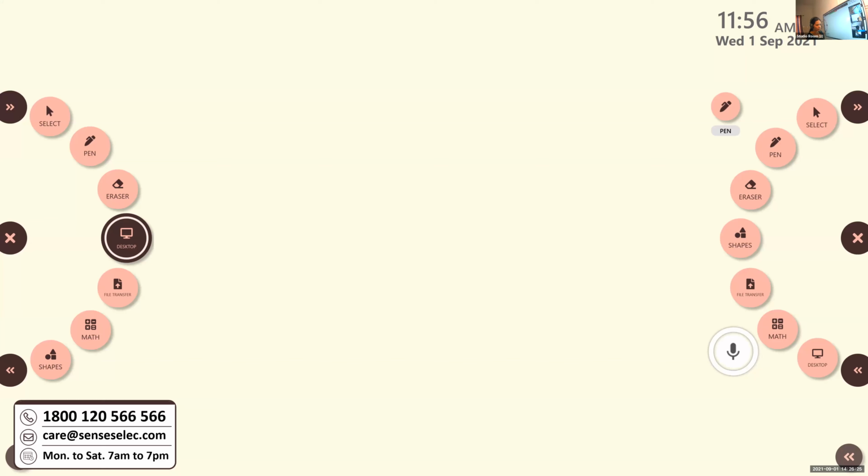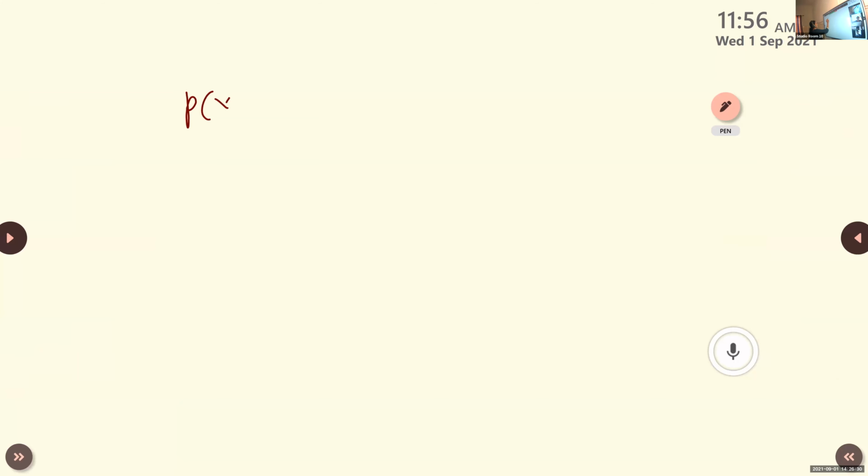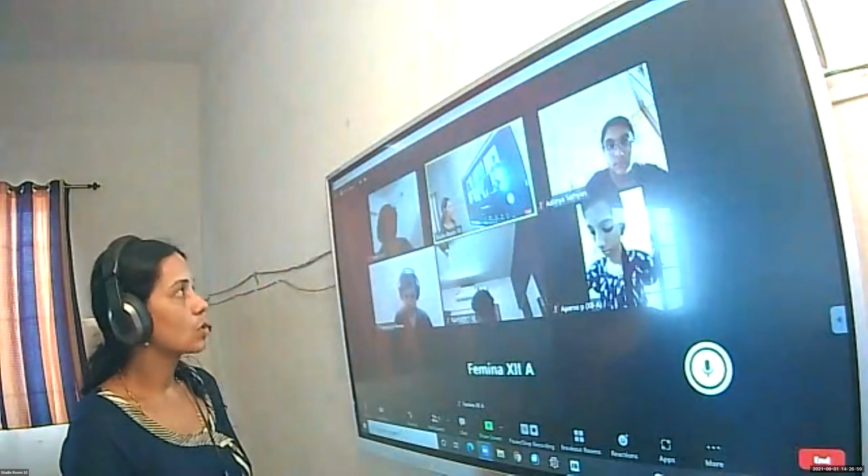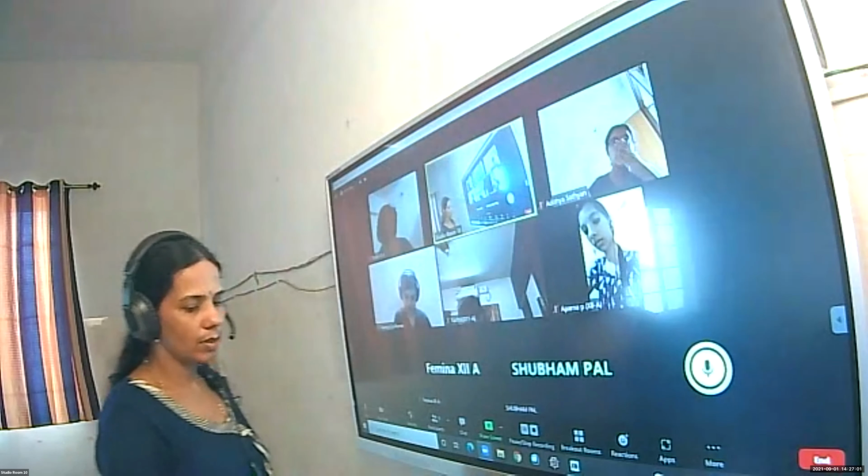Look at the third question. A random variable x has a probability distribution where p of x is given in function form, isn't it? This is the case whenever the probability distribution function is continuous. In the previous cases, we were given a table, that is discrete. Whenever the data is a limited number, we call it discrete. But here it is not discrete. Instead, we call this continuous form. Look at the function given here.